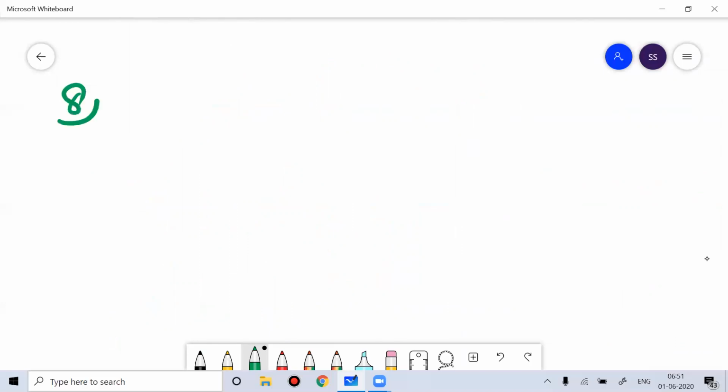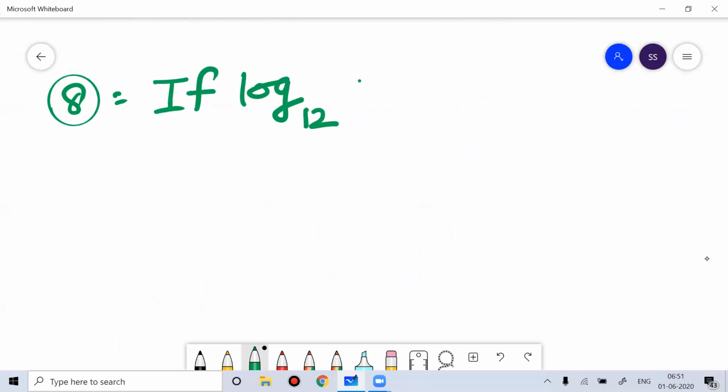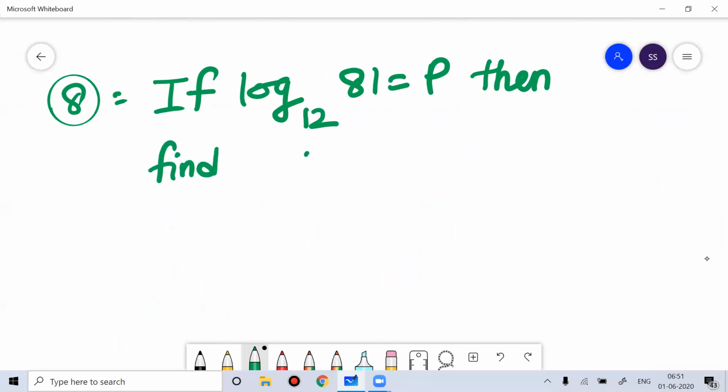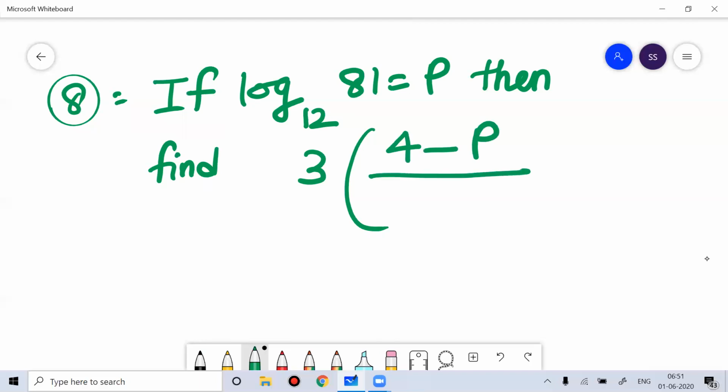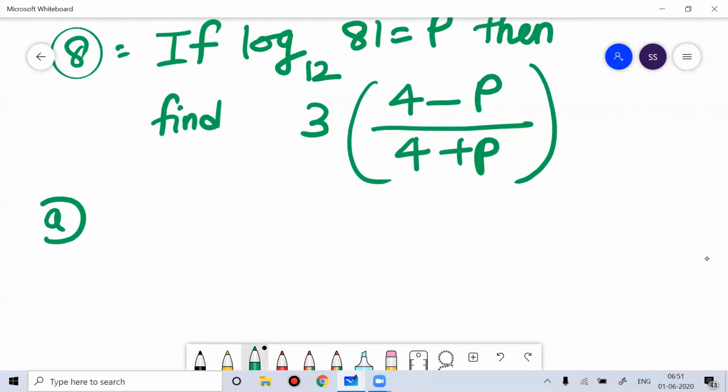Okay. Write down question number 8. If log base 12 of 81 is equal to p, then find p times (4 minus p) by (4 plus p). Your options are option A, log base 5 of 9; option B,